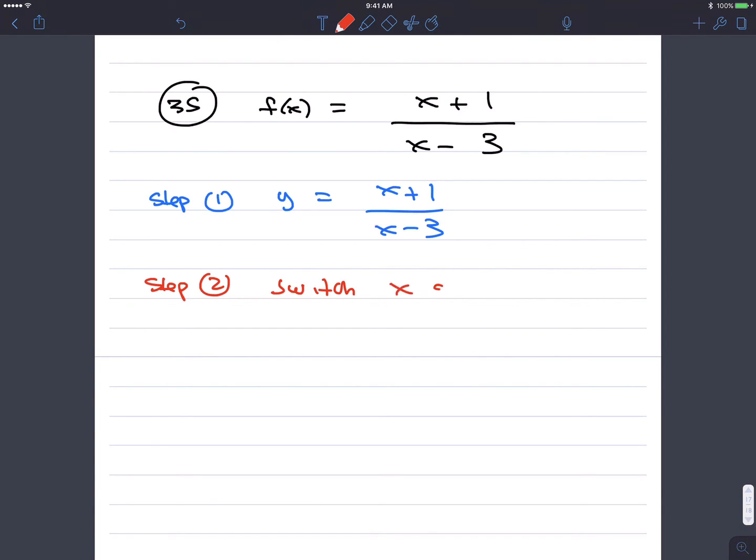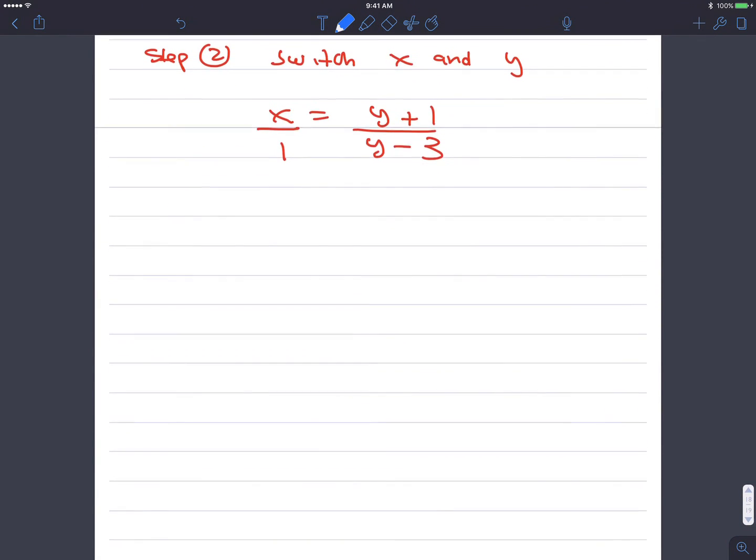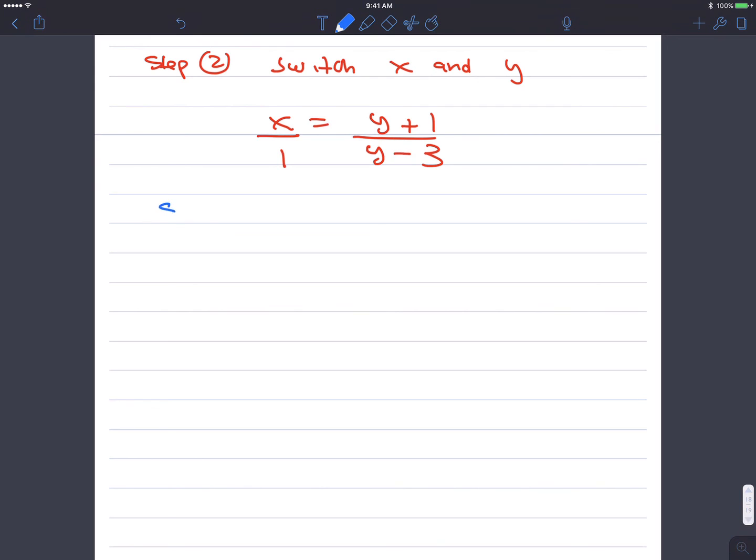Switch x and y. When you do that, x is (y plus 1) over (y minus 3). Okay, good. So far, so good? Like I said, probably for most people, the hardest step is step 3. Step 3, we solve